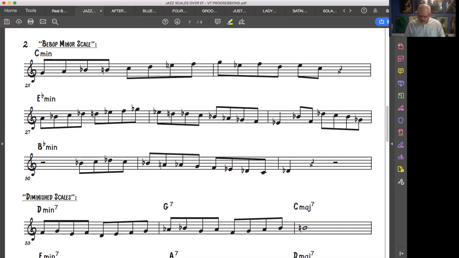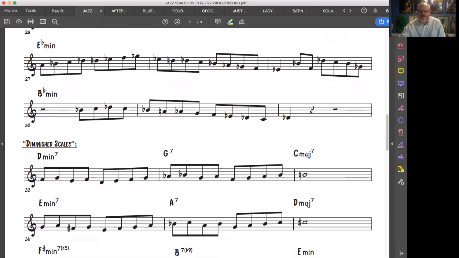So you would go, right? Two, 5. Okay. Now you can get a lot more involved with the E flat minor, so a lick like this,